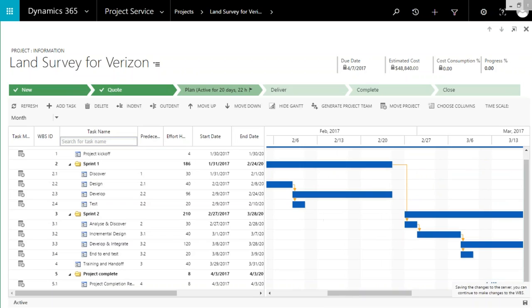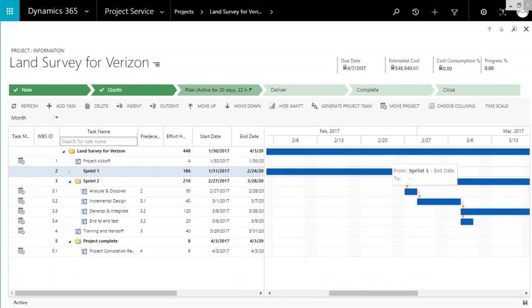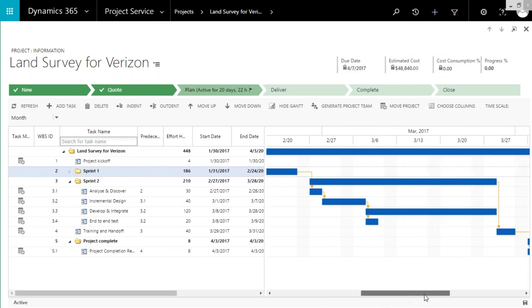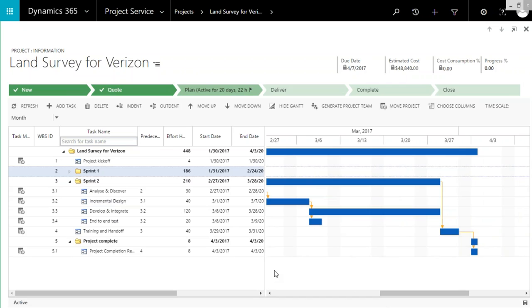So it does not have a predecessor to this, so let me just change this one, which will change. Just a minute. So there you go. The changes take place automatically on your Gantt chart. And this is the best part about having the project services Gantt chart as well as the project